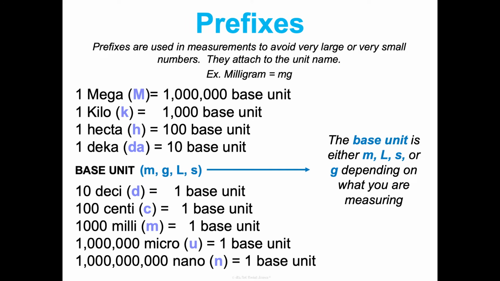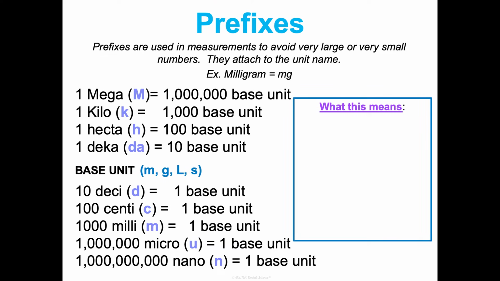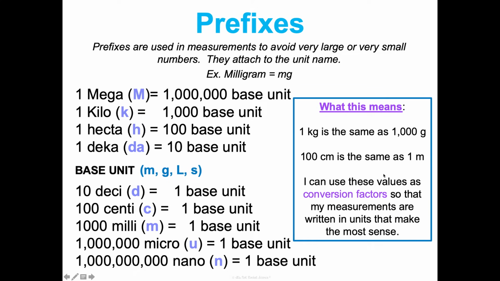And it all just, again, depends on what you are measuring. Okay, so what this means, again, what the heck does this mean? 1 kilogram is the same as 1,000 grams. We're just putting in a base unit for grams. 100 centimeters is the same thing as 1 base unit, 1 meter. I can use these values as conversion factors so that my measurements are written in units that make the most